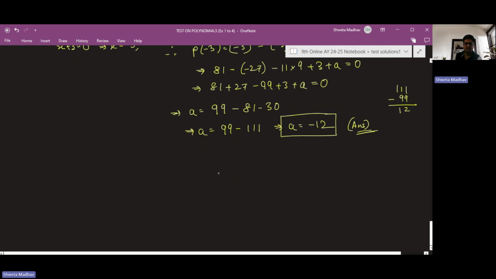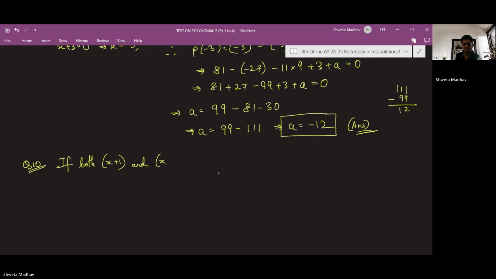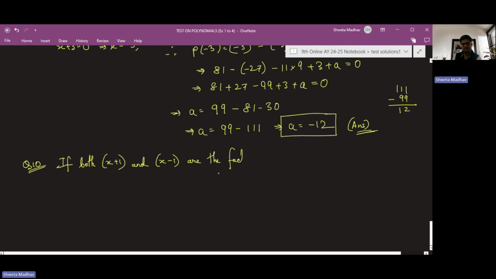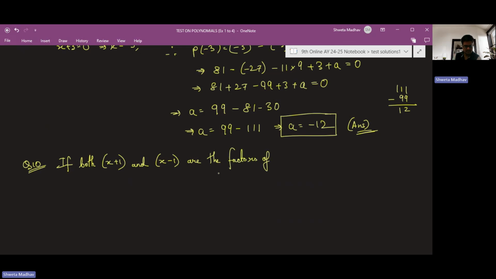Then in question number 10, it has been told that if both x plus 1 and x minus 1 are the factors of